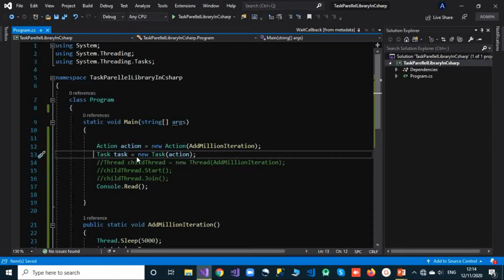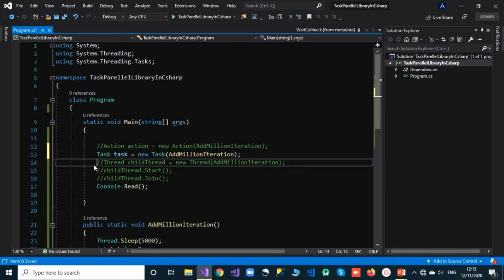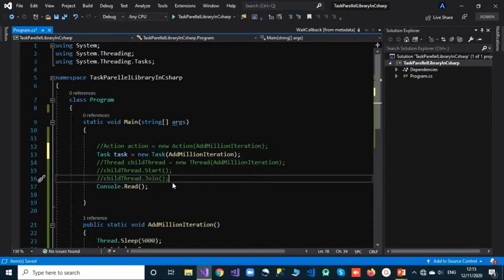This is nothing but what the compiler does implicitly, and we don't have to do that. So this also will work, but instead of creating an instance of this Action, we can directly pass this method here, and the compiler will take care of that operation implicitly, and we don't have to do it explicitly like this. Similar to the thread and thread start delegate thing.